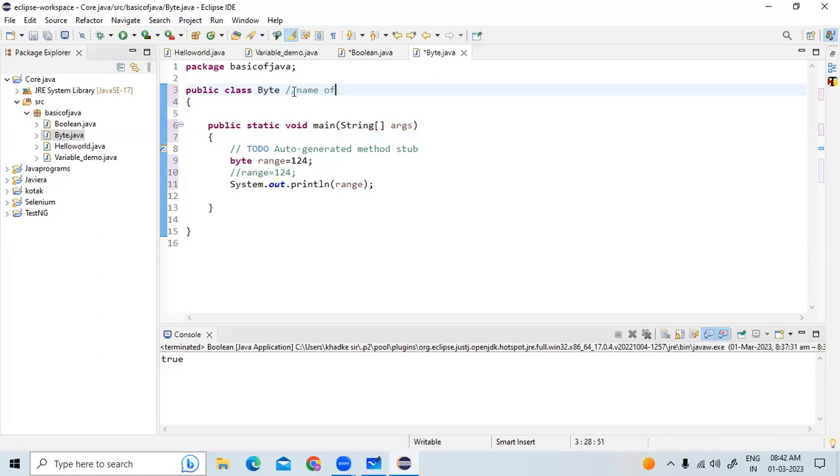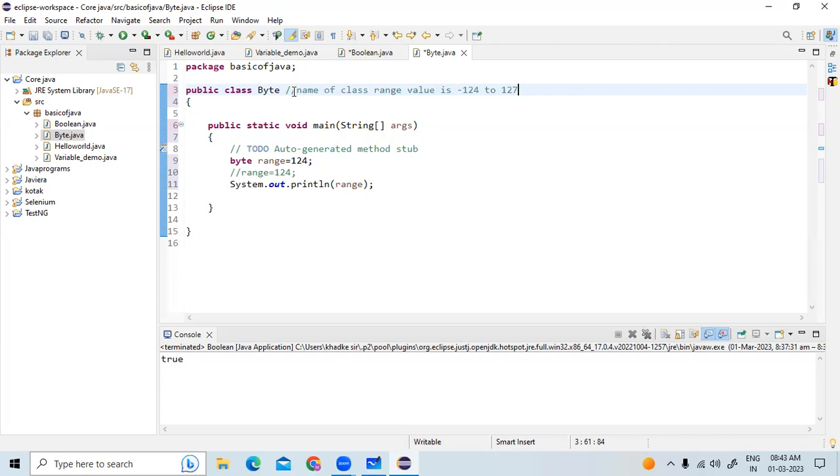Name of the class. Okay, name of the class. Range value is